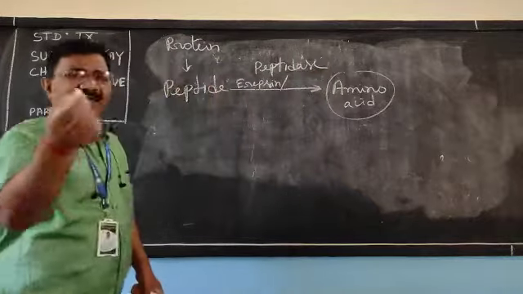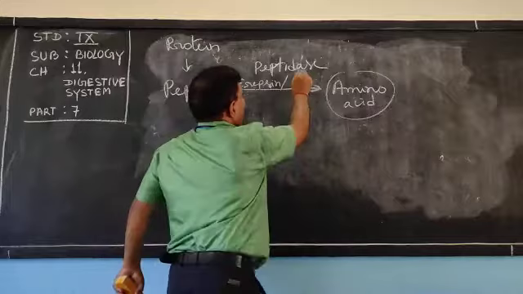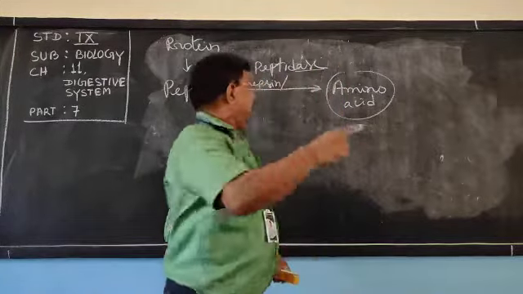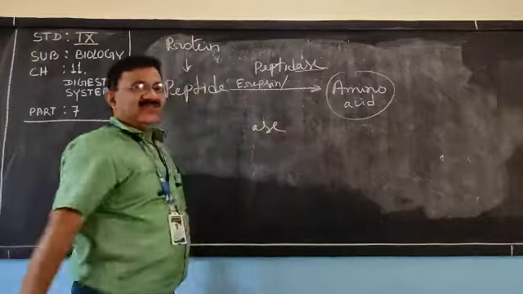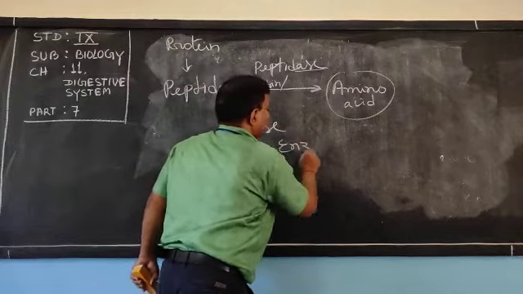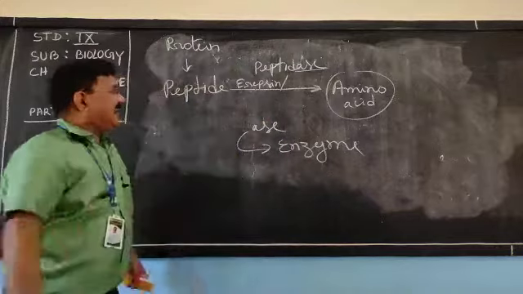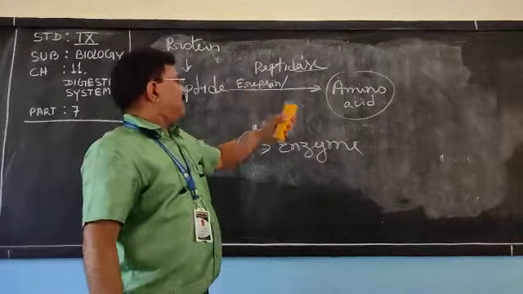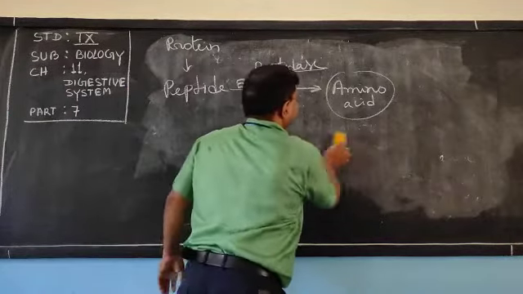See here, very easy to learn. Peptide by the help of peptidase is changed into amino acid. If 'ase' is at the end, like peptidase, it means it is an enzyme. Try to understand. Peptide is changed into amino acid by the help of peptidase. Same is the case